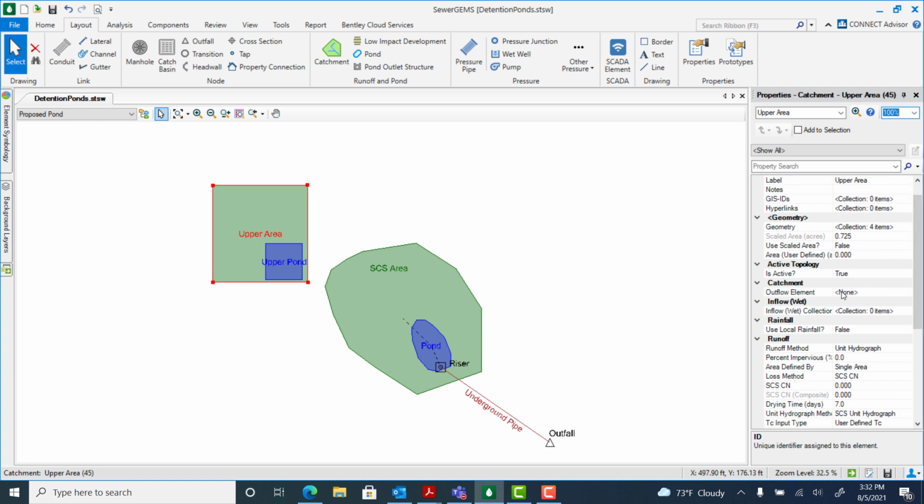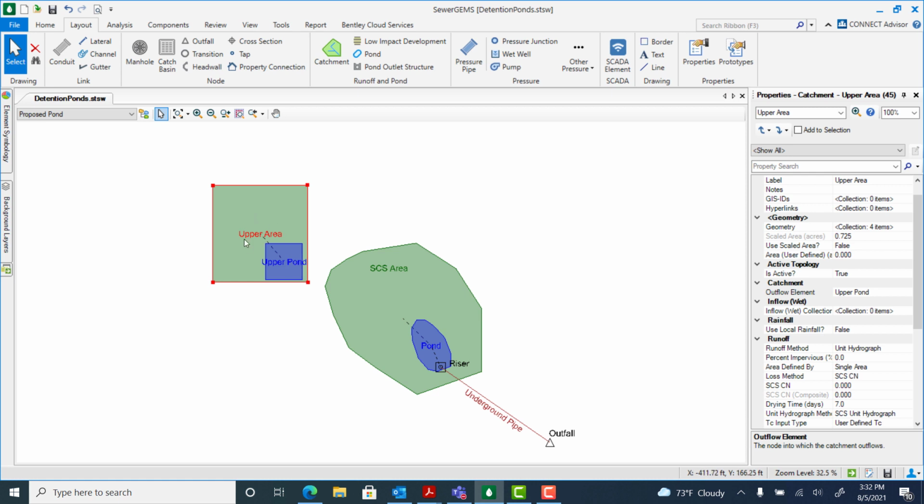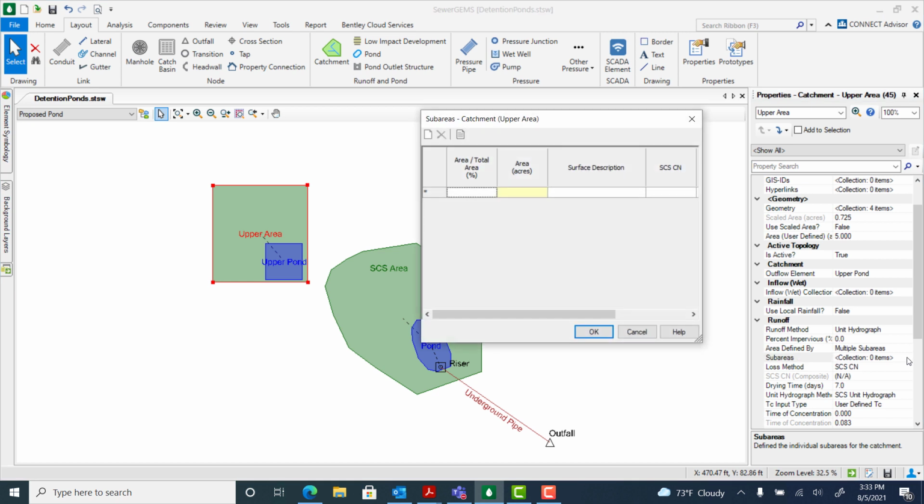First, we will select an outflow element, and we will select it from the drawing. So we will click on Upper Pond, and notice that they're connected with a dashed line now. We will enter a user-defined area of 5 acres. We will leave the runoff method and loss method as they are, but we will change the area to be defined by multiple sub-areas. In the sub-areas field, click the ellipsis to edit,